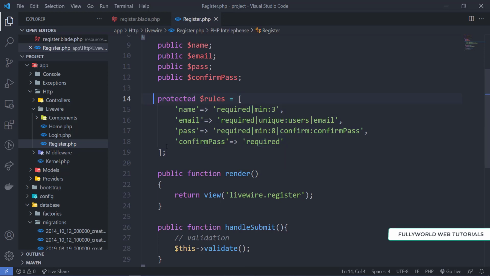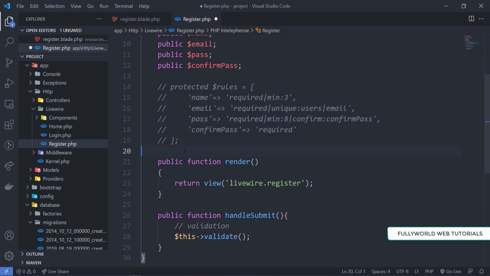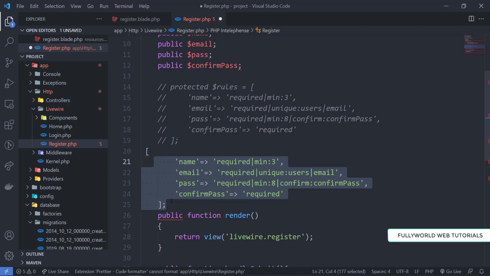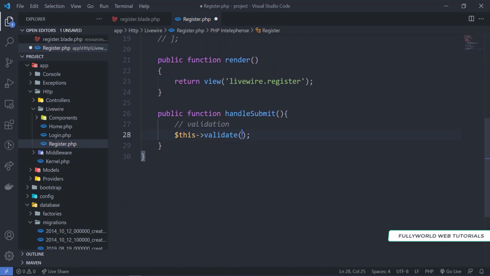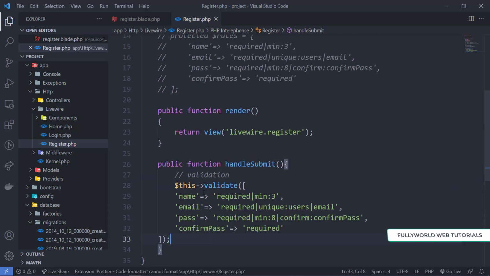Now the second method is that, I'm going to comment this. You just have to copy this. I'm going to copy this first, paste it here, and then uncomment this and cut it again. Then here we have to paste this. So this is the same thing that we did previously.